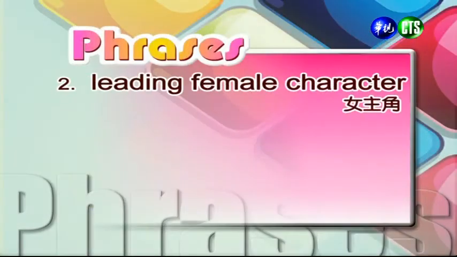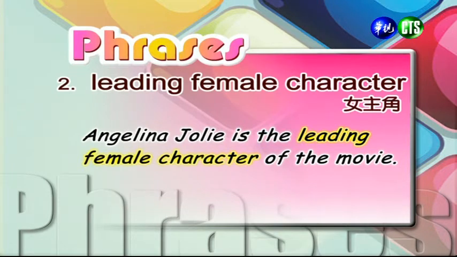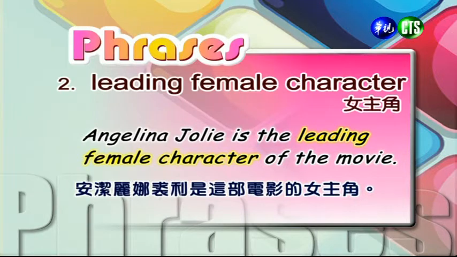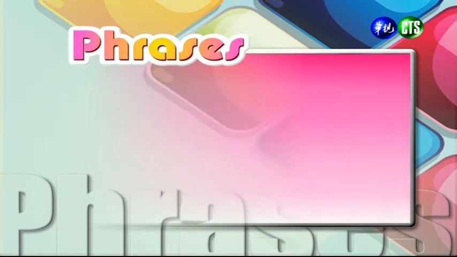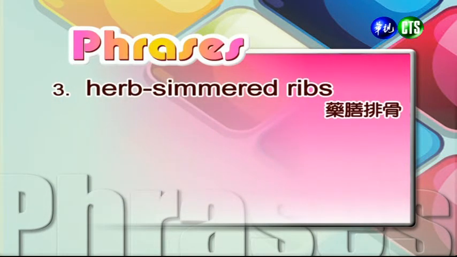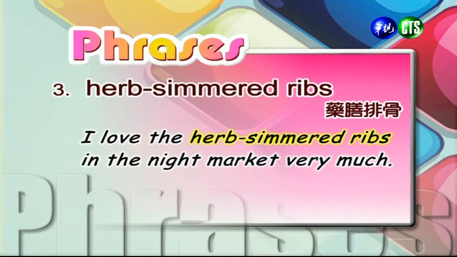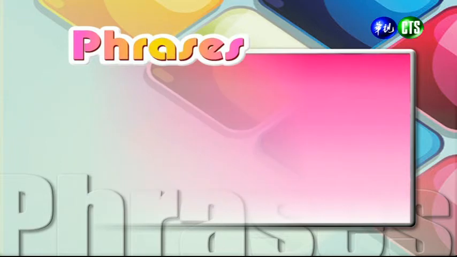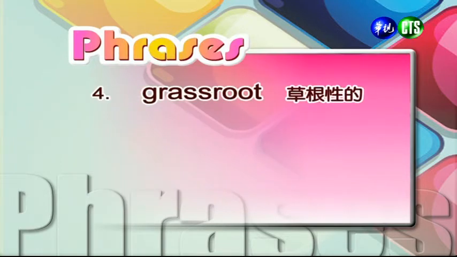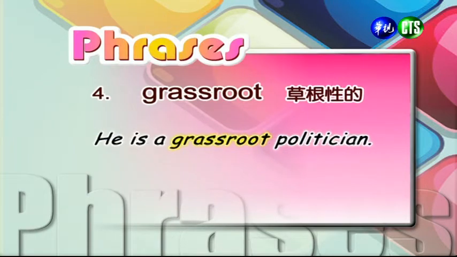And we have some very useful and practical phrases to let you see here. Number 2, leading female character. 女主角 Angelina Jolie is the leading female character of the movie. Angelina Jolie 是这部电影里的女主角。 Number 3, herb simmered ribs. 药炖排骨。 I love the herb simmered ribs in the night market very much. 我很喜欢夜市里的药炖排骨。